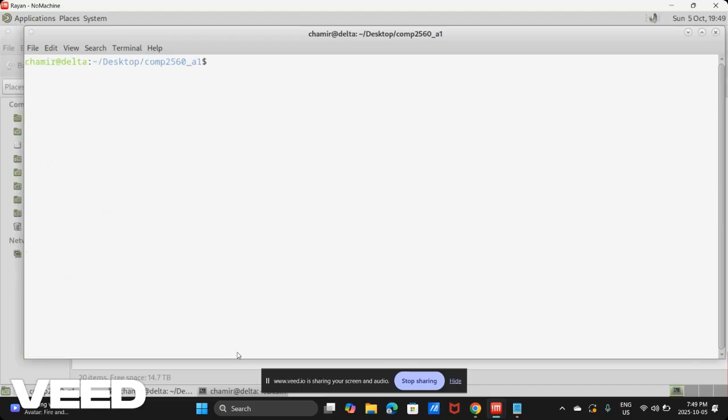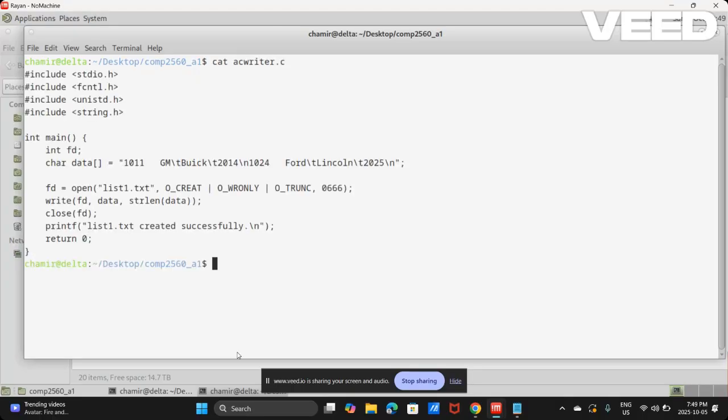Now for question 2. Question 2 requires creating a formatted file called list1.txt using exactly one write call. So in my code, I create a single string with the exact formatting specified. So the 3 spaces between the first 2 columns, tab characters between the other columns, and then new line characters at the end of each row. So let me compile, and after compiling,